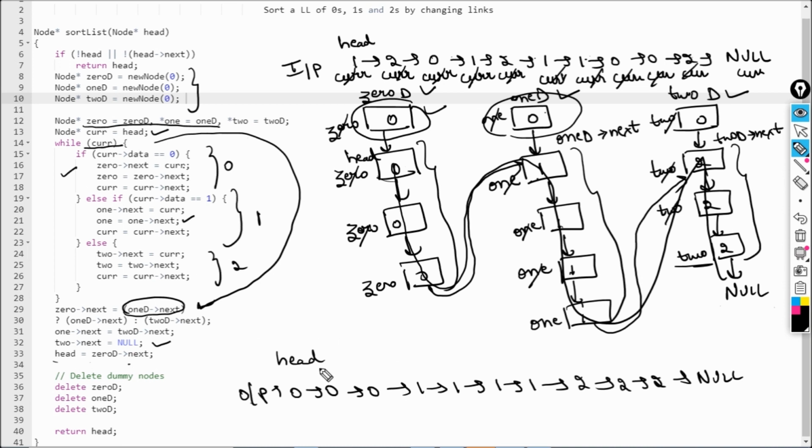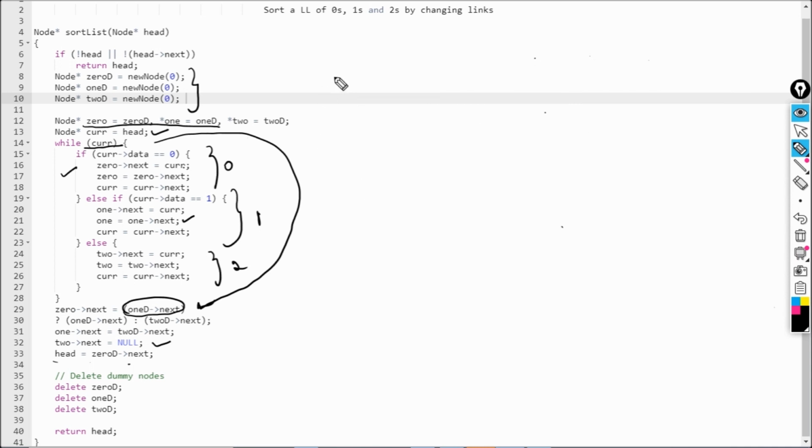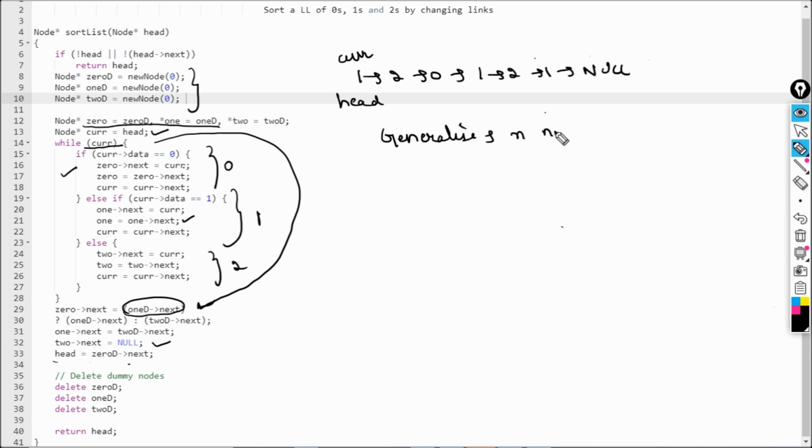Now let's discuss the time complexity for this. Okay, so say this is my list 1 2 0 1 2 and 1 null. So this is my list, right? So I have a current node here that is pointing to head itself, right? And it is iterating over the whole list, visiting all the nodes one by one, okay? So to generalize, if my list has n nodes, this current will iterate over all the n nodes, right? So the time complexity will be order of n, where n is the number of nodes. So basically it will be done in O(n) time, right? So this will be our time complexity, okay?